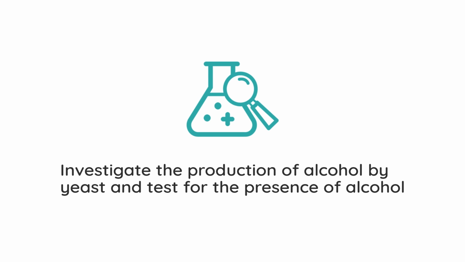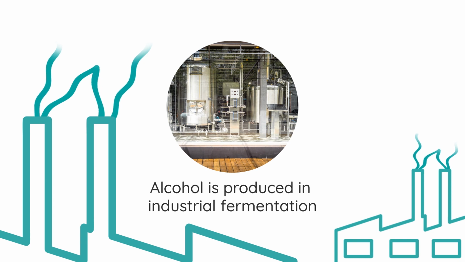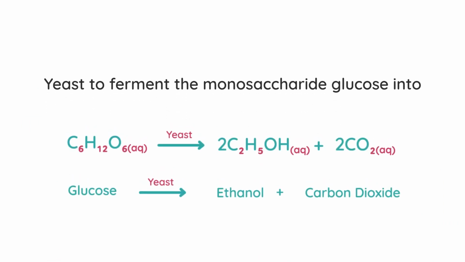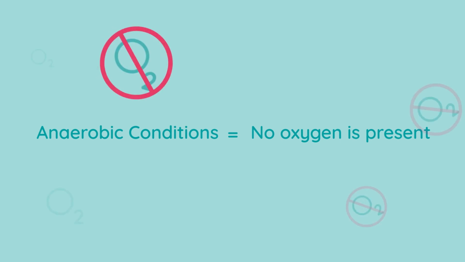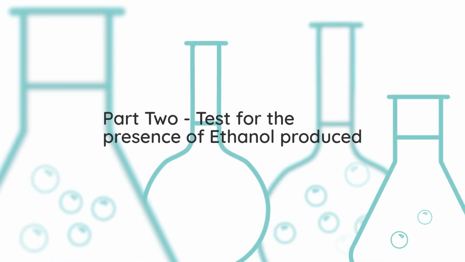In this video, we will investigate the production of alcohol by yeast and then test for the presence of the alcohol that's produced. Alcohol is produced in industrial fermentation on a large scale to meet consumer demand. This practical on your Leaving Cert syllabus shows the basic process behind alcohol fermentation. We will use yeast to ferment the monosaccharide glucose into carbon dioxide and ethanol. Now, this practical is carried out under anaerobic conditions, meaning no oxygen is present. In the second part of the practical, we'll carry out a test to show the presence of the ethanol